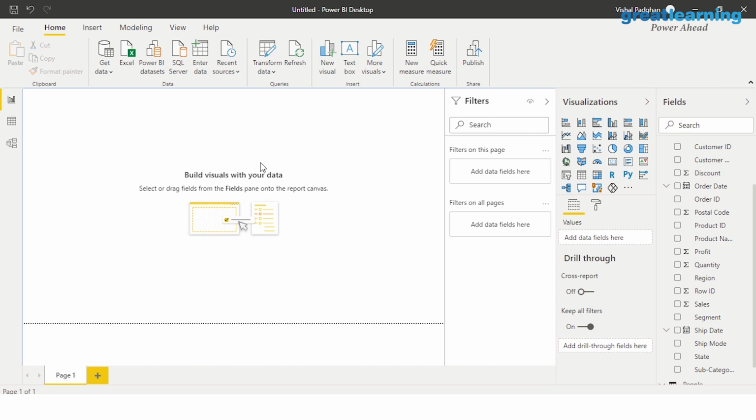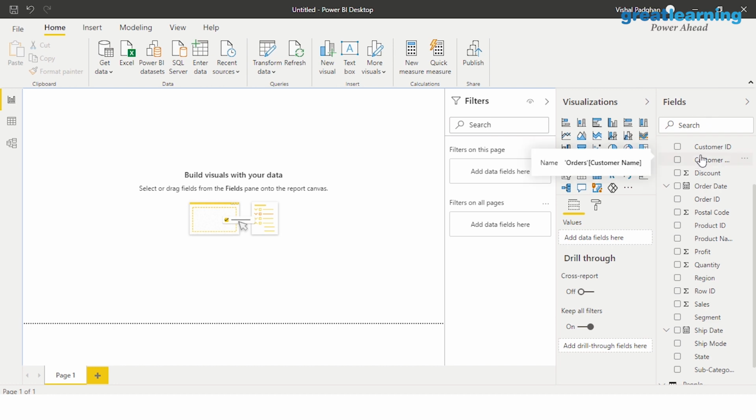Now let us try and understand how we can create visualizations using Power BI. All this while we've talked about the concepts that are important for you to get started with this demo. Let's go ahead and implement those things one by one. In the previous demo where I talked about the interface, we saw how we can import data and how the data looks, as you can see here. So we are still with the Superstore dataset.